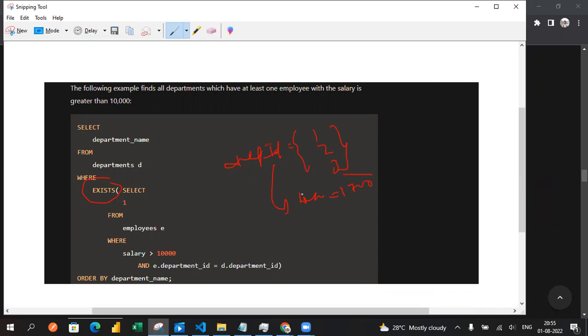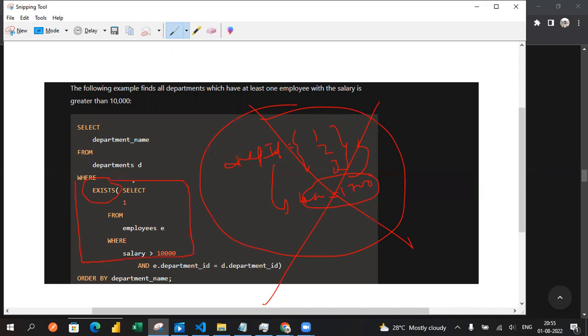If this value is not present at all for the department id, it may not return any value. So at that time it tells us that if any value exists, then the Q1 is going to be helpful,